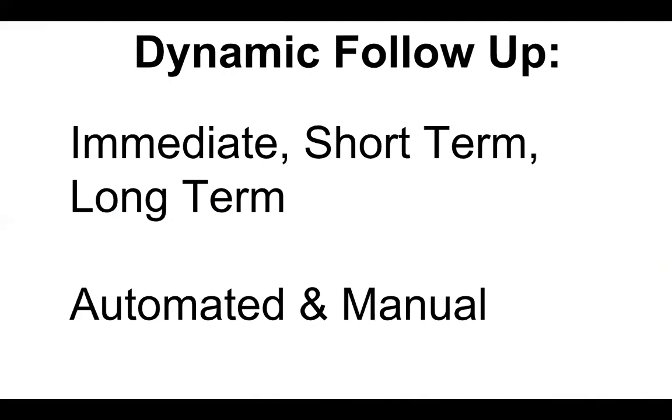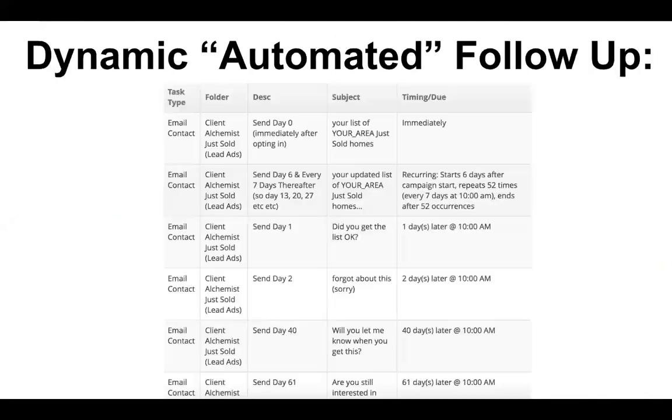But you have to make sure, if you want to get the absolute maximum results, the absolute best results, that all these pieces are addressed: the immediate, the short term, and the long term, and then the automated and the manual pieces. So this is a screenshot from a CRM that we have had a great relationship with, one that we recommend and have recommended for many years. It's called LionDesk. Now, you can do this type of thing with many different solutions, okay? But I just wanted to give you an example of what I'm talking about.